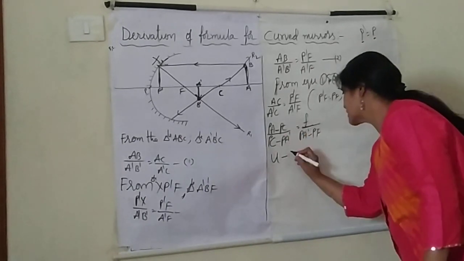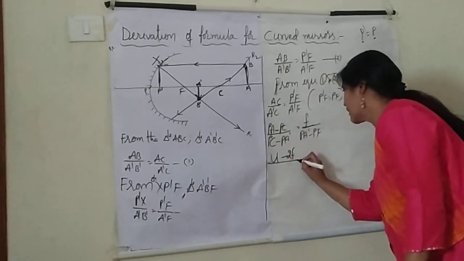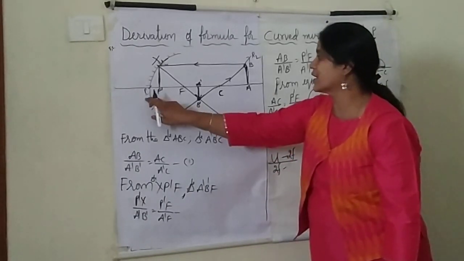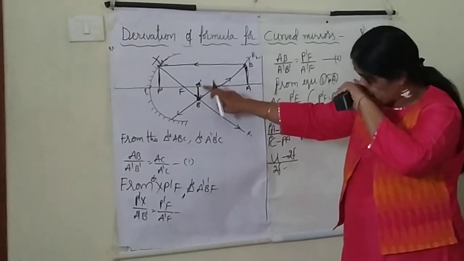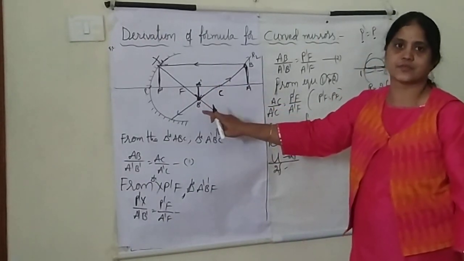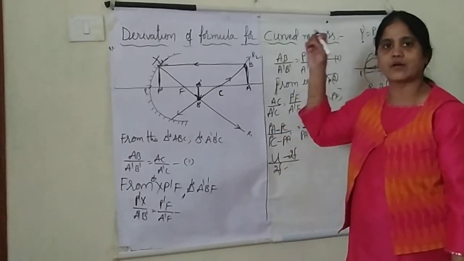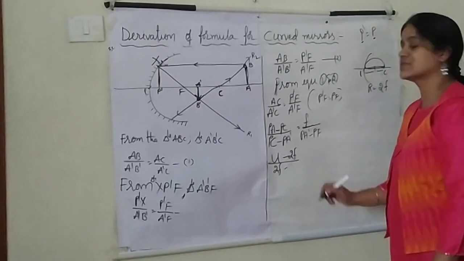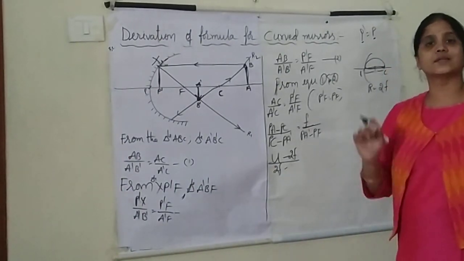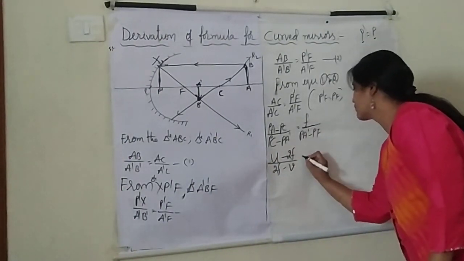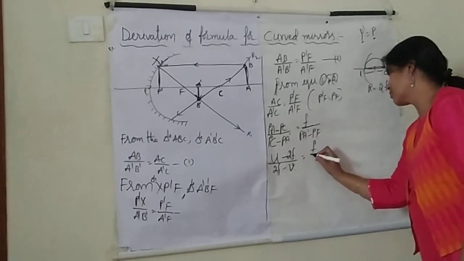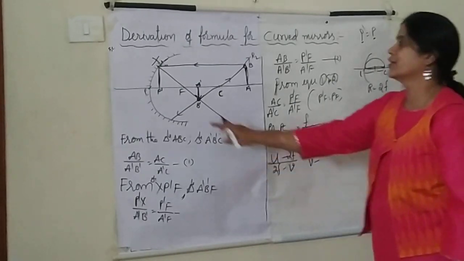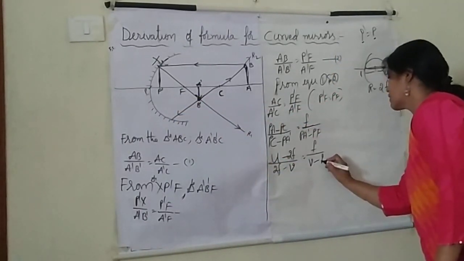So PC is equal to 2F, PC means 2F minus PA dash. Here A dash B dash is the image distance. Whatever the object or image, we always start measuring the distance from the pole. So this image distance will be represented by the letter V. F is equal to F only, by PA dash. PA dash means V minus PF. P to F is the focal length, F.